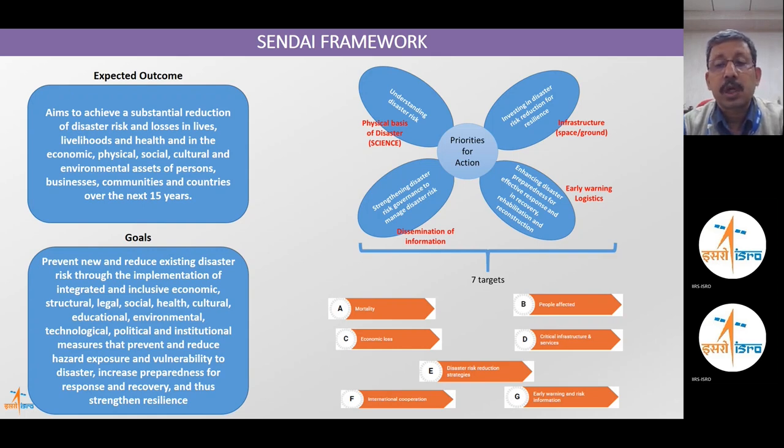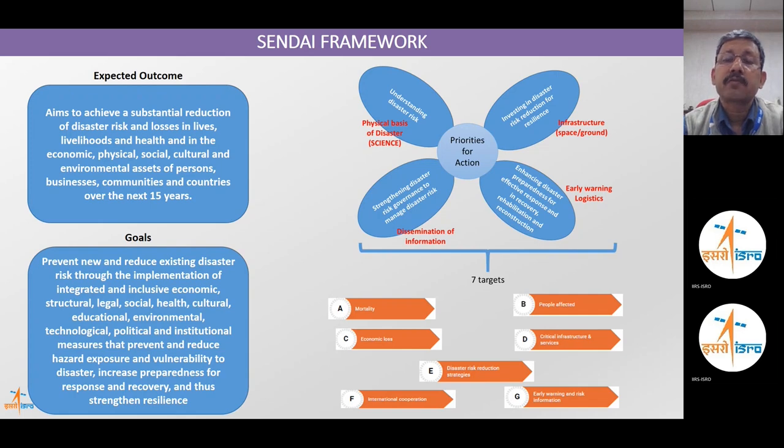That is to reduce the mortality, reduce the number of people affected, reduce the economic loss, and reduce the damage to critical infrastructure and services through improvement in disaster risk reduction, improvement in international cooperation, and improvement in the early warning and risk information. To achieve these 7 targets,